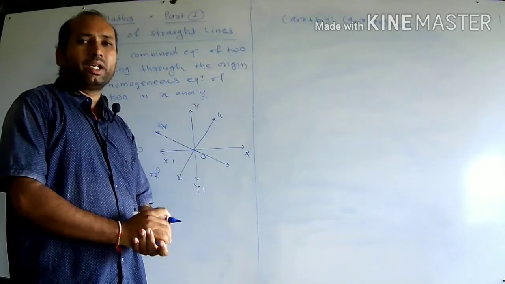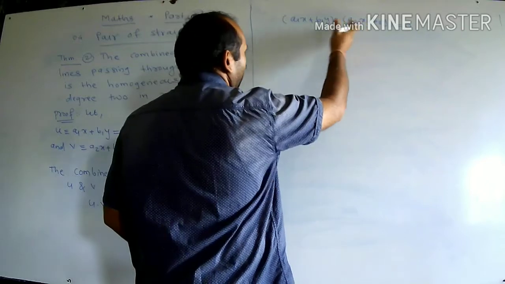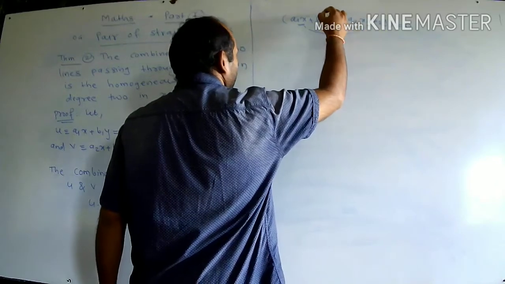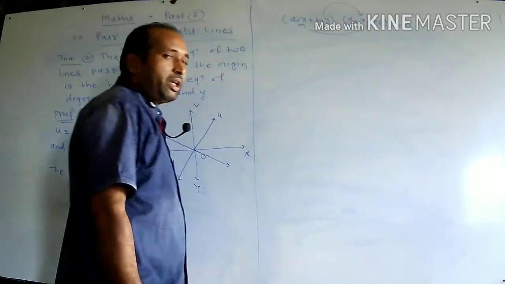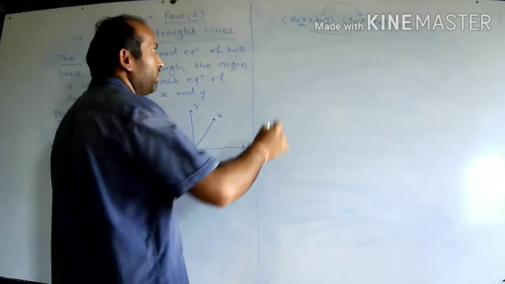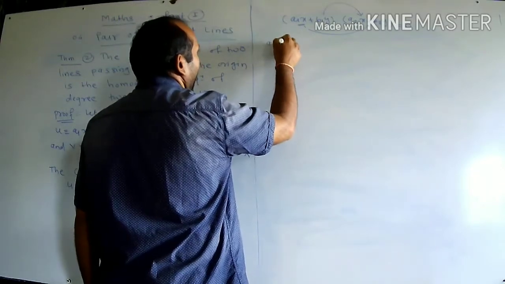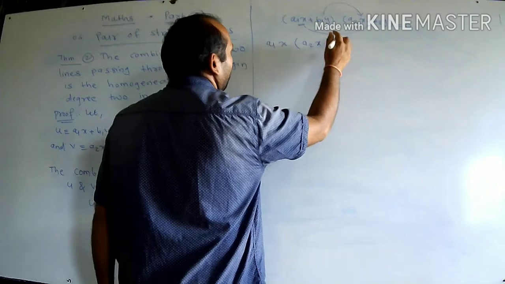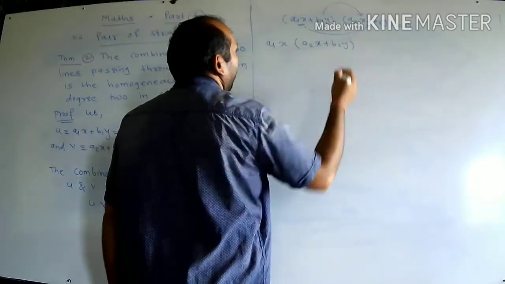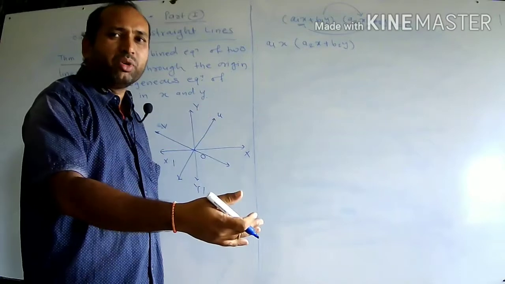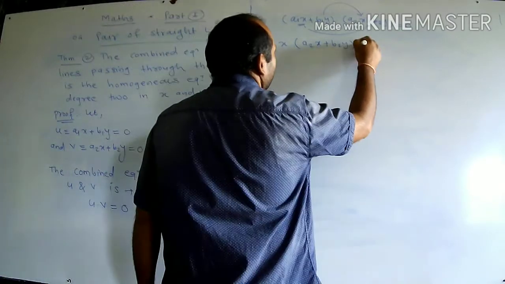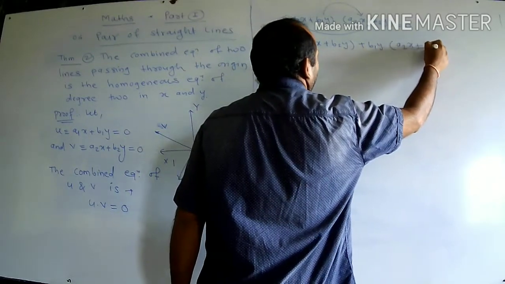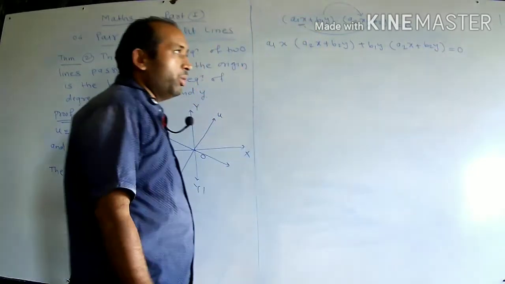And simply solve these two brackets. We know that the procedure of solving two brackets is: take the first term into the second bracket, and again with sign, the second term into the second bracket. This is the procedure to solve the two brackets. So take here the calculations. a1x multiplied by the second bracket as it is, that means the first term into the second bracket, a2x plus b2y. Then again take the second term with sign into the second bracket. So plus b1y multiplied by the second bracket, a2x plus b2y, is equal to 0.